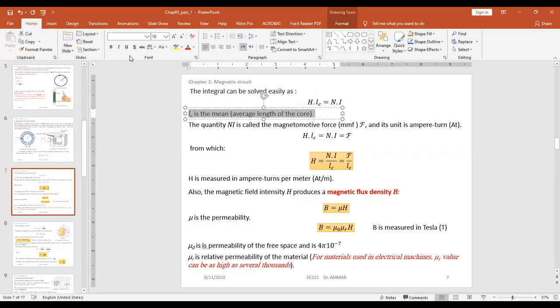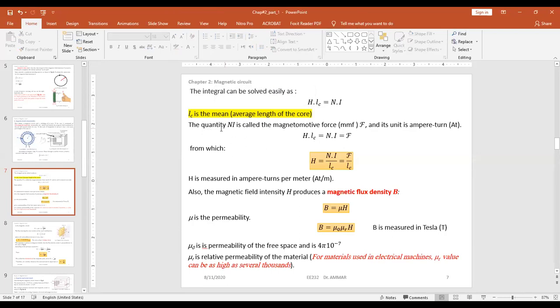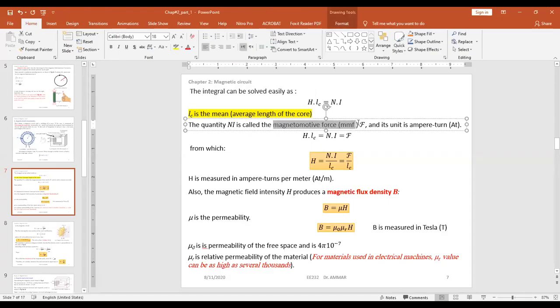So let's highlight this line. LC is the mean average length of the core. The quantity Ni is called the magnetomotive force. It has a similar role as the EMF. The EMF in an electric circuit is